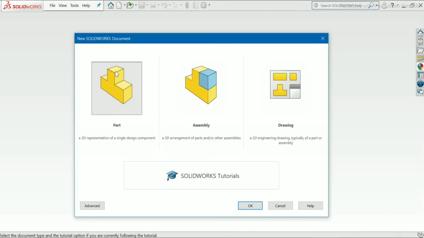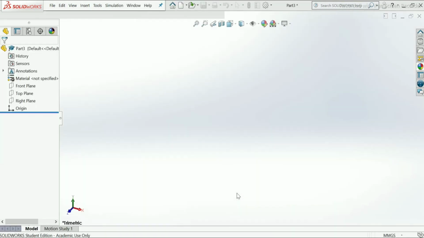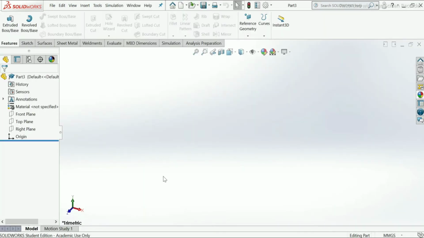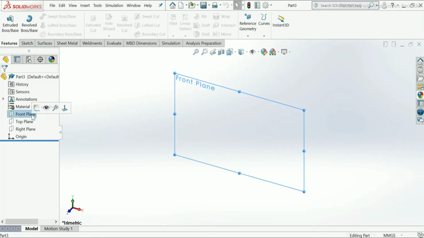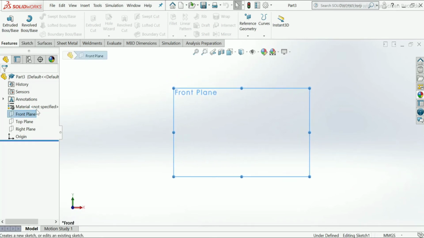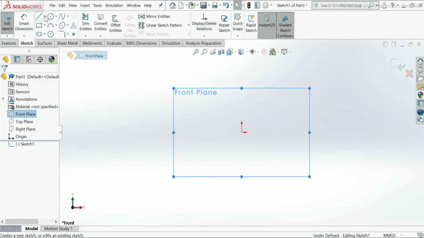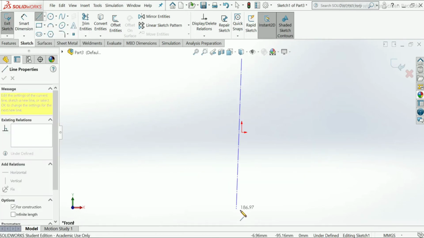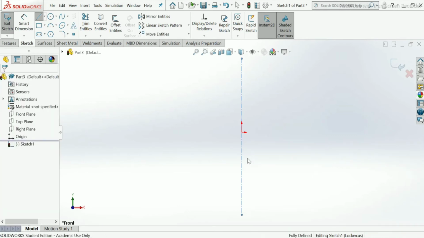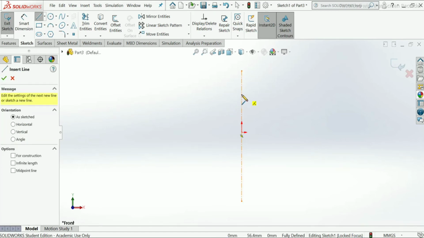New part, select part, OK. Take front plane, sketch, make center line from origin. Make a rough sketch, rough geometry.